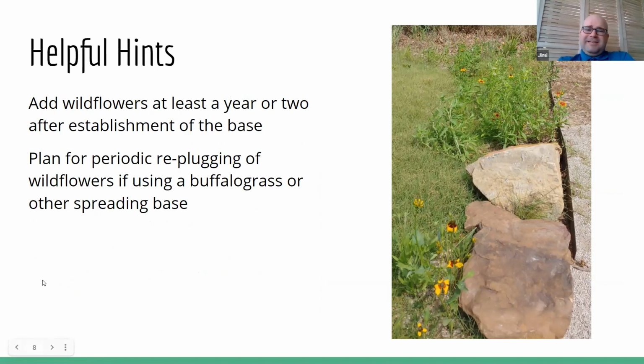So add wildflowers at least a year or two after establishment of the base. And this is just to help with weed control. If you add wildflowers that first year, you limit yourself on your control measures the following years, and it's harder to monitor. And so usually I expect a year of just grasses or sedges as a base, ideally. Now, smaller beds, yeah, you can do them all at once,